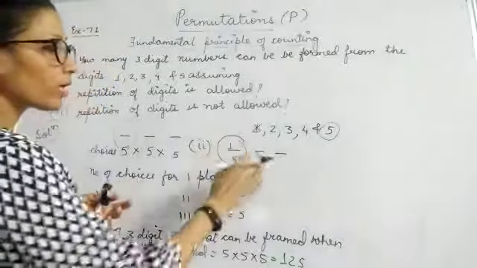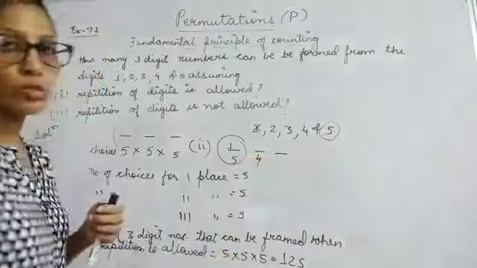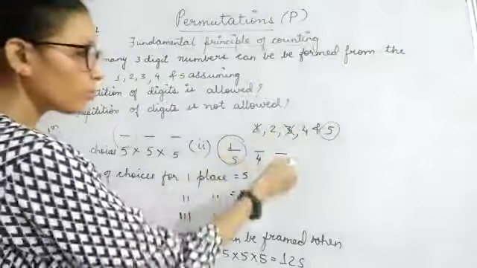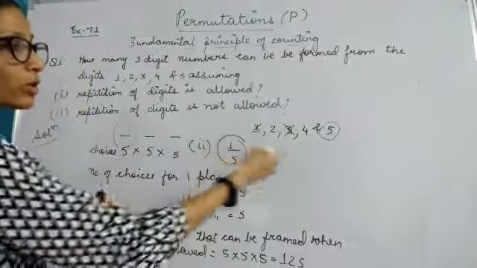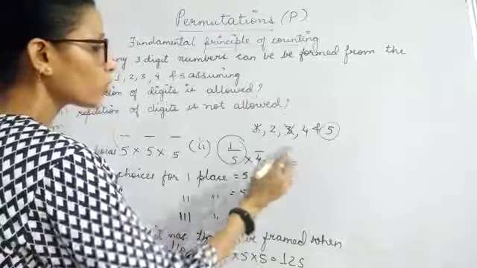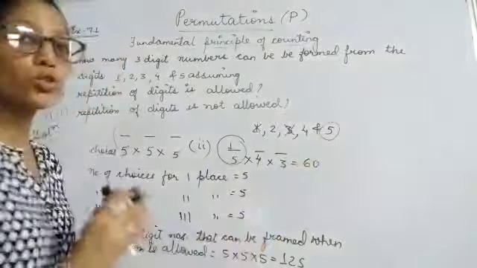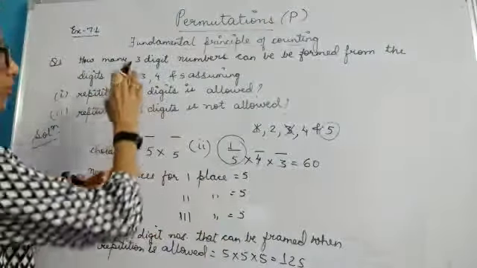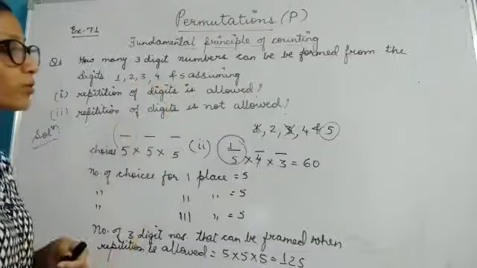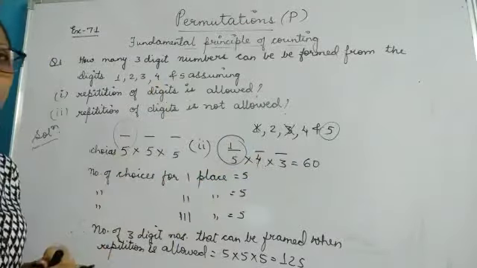Say I have fixed this one number over here. So 1 is gone. Now how many choices are left for this second place? So I am left with 4 choices. Again say this 3 is fixed over here. Now how many choices are left for your next place? So again it is 3. Multiply all these. So 4 into 3 is 12, 12 fives are 60. So there are 60 3-digit numbers that can be formed by using 1, 2, 3, 4, 5. So this is the case when repetition is not allowed, and this is the case when repetition is allowed.